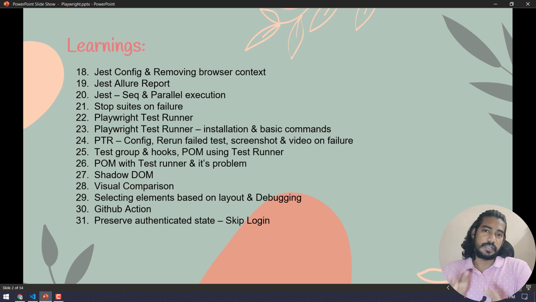So we know that whenever we run a test script in any of the automation, whether it's Playwright, Selenium, Protractor, or whatever it is, basically it's going to launch in the incognito mode. That means the browser doesn't store any of our data like the local storage or the cookies, right?